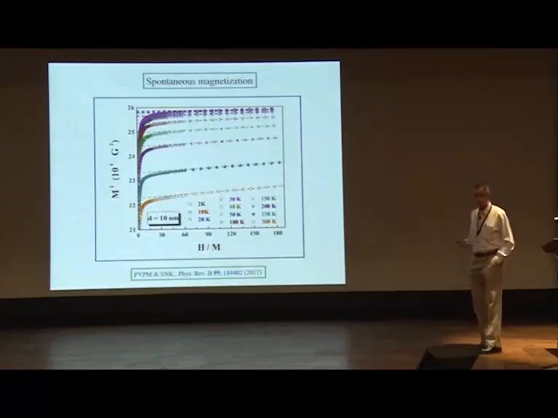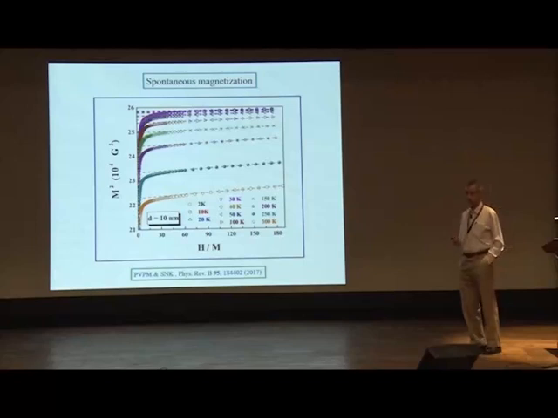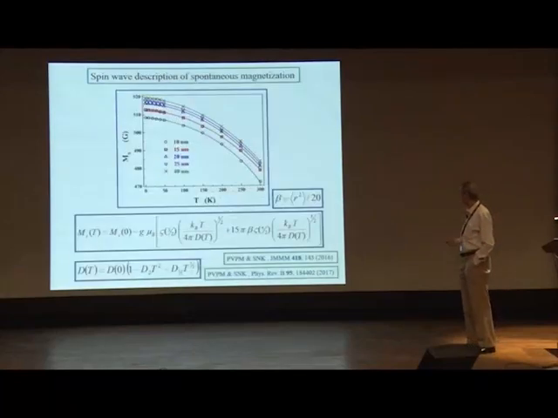That's why, normally, you plot these M versus H isotherms in the form of Arrott plots, and then extrapolate the high field linear portion to H equal to 0, and the intercept on the ordinate axis gives you the spontaneous magnetization as a function of temperature. So that's how we have determined the spontaneous magnetization, and then this spontaneous magnetization as a function of temperature is